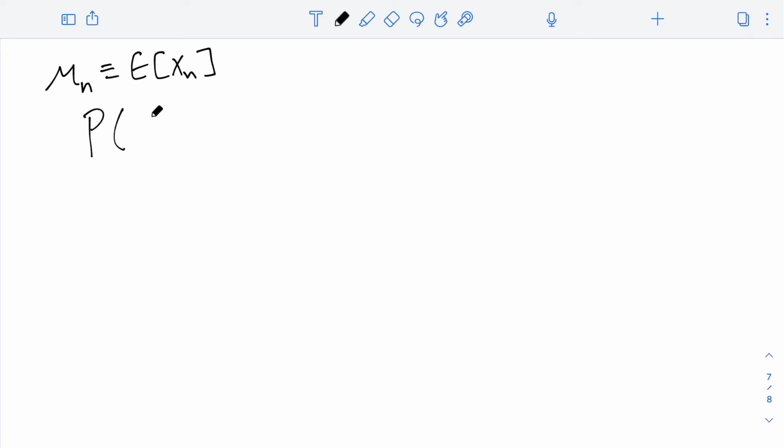So we are interested in looking at the probability that |X_n minus mu_n| over sigma_n is greater than c for some arbitrary c, right? And we can directly apply Chebyshev's inequality and say that this is less than or equal to 1 over c squared